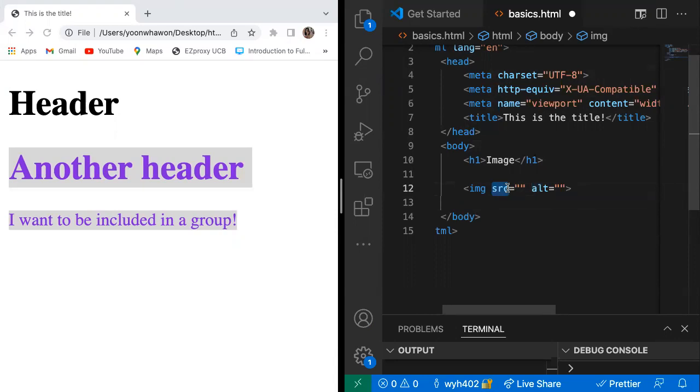src stands for source. And in the source, you will provide the URL to the image that you want to insert in the website, or you can put in the relative path to your image that is saved on your computer. So for example,